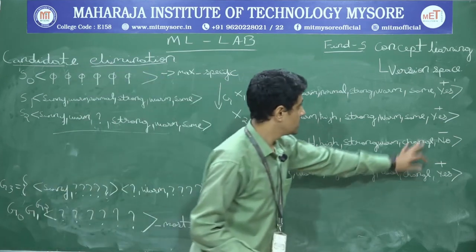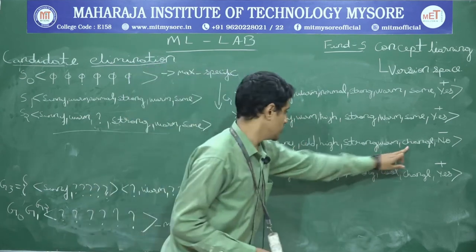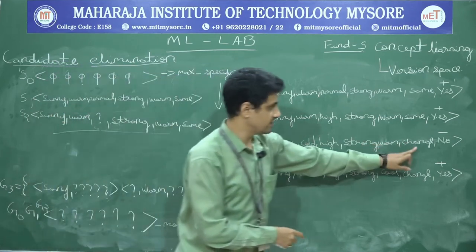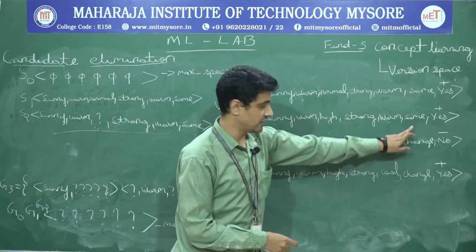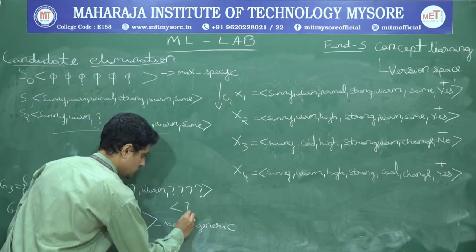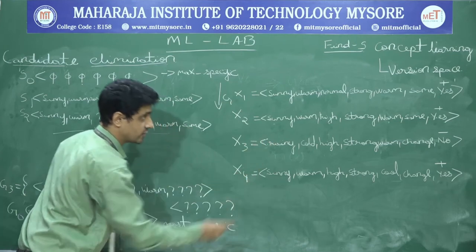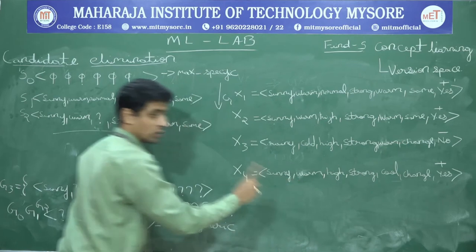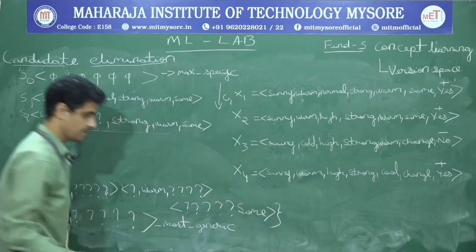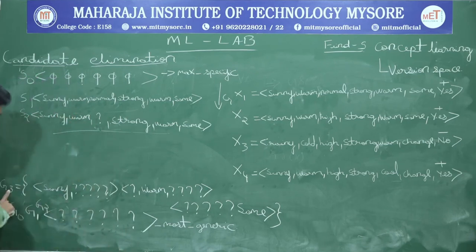Next, my sixth attribute is change. For my negative example, change, and we have same. So we have two different values, a change and a same here. So what is the opposite value for change we have here? Same. So I write it here, question mark, question mark, question mark, question mark, question mark, and for the sixth attribute, change. To have a positive classification, I always need to have same for the sixth attribute. Now this is my G3.